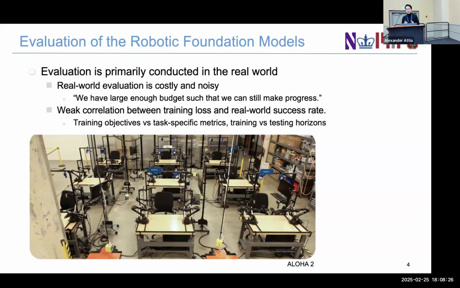And this is because the objective for the training and the task-specific metrics can be different from each other. For example, in diffusion policy, you are predicting the noise, but in real world evaluations, the task success definitions are specified by humans, in more subjective manners. In the training, we only consider a certain time horizon, whereas during testing, you are rolling out for a much longer horizon than during training. So there are a lot of nuances in doing proper evaluations of these robot learning models